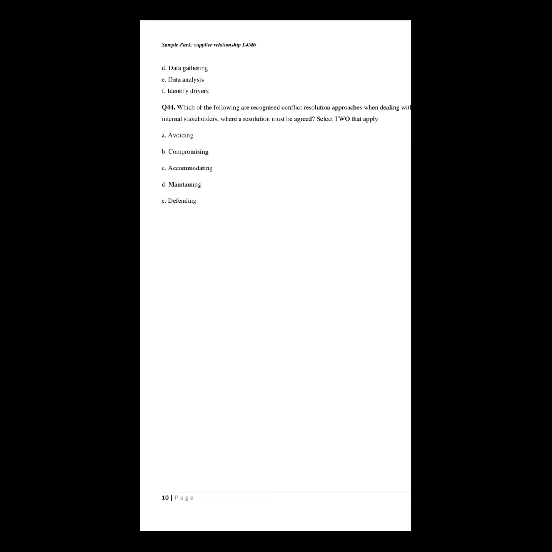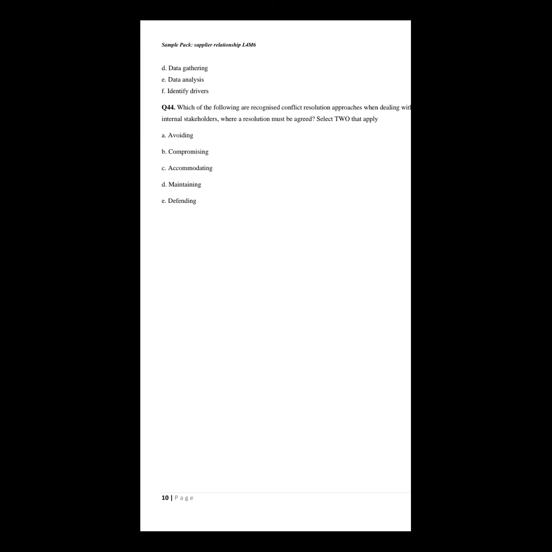What you need that information for is to enable you to help suppliers reduce their cost. If they are incurring so much cost in a particular area, you can advise, why don't you do substitution? Why don't you do low cost country sourcing? Or we need to eliminate waste. You can help the supplier eliminate a lot of wasteful activities in its operation, so that their cost of production will reduce. And once their cost of production reduces, the price they will be charging you will also reduce.